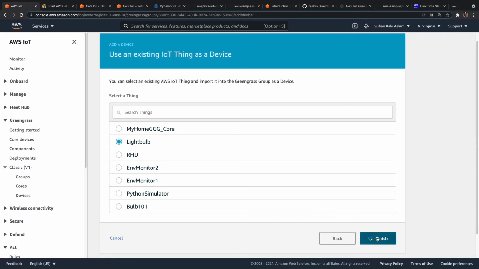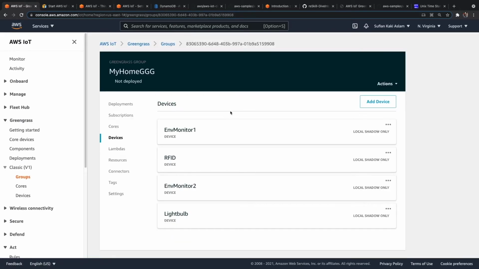So all the four devices that were directly talking to AWS IoT Core earlier, now they will have to talk to Greengrass first.